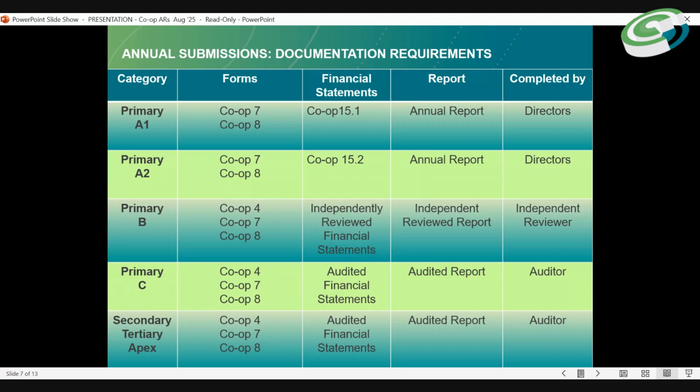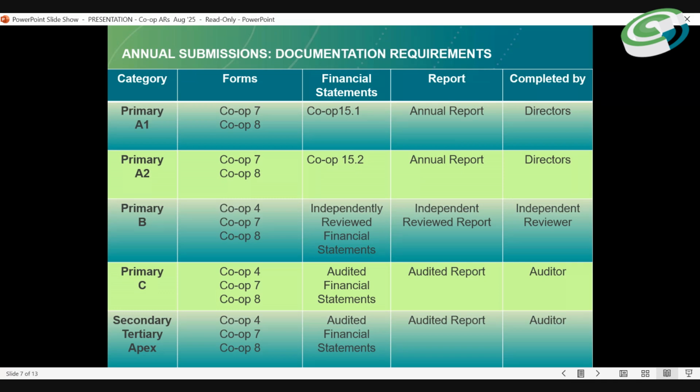The other document that is also required is the annual report, and this can be completed by the directors of the co-op, because these types of co-op have a smaller annual fee.